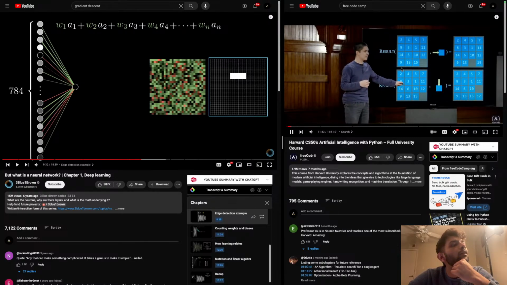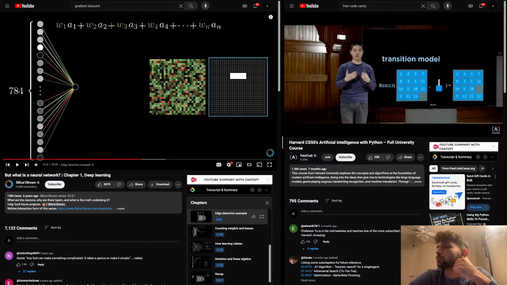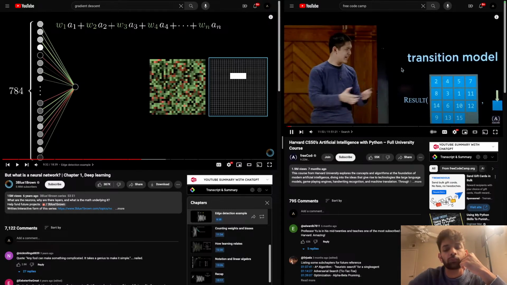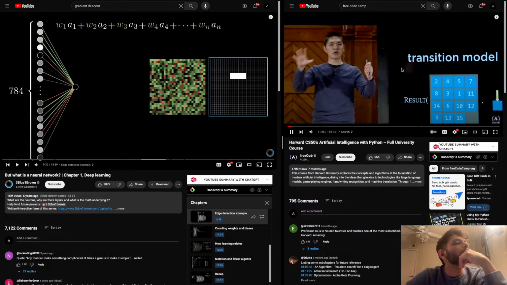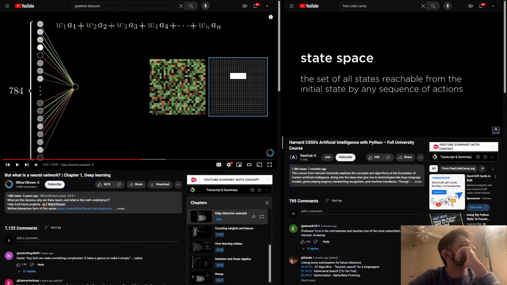How to take a state and take an action and get what results, and this is going to be our transition model that describes how it is that states and actions are related to each other. If we take this transition model and think about it more generally and across the entire problem, we can form what we might call a state space, the set of all of the states we can get from the initial state via any